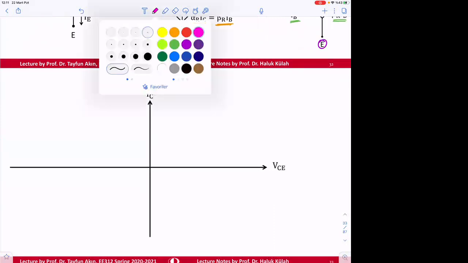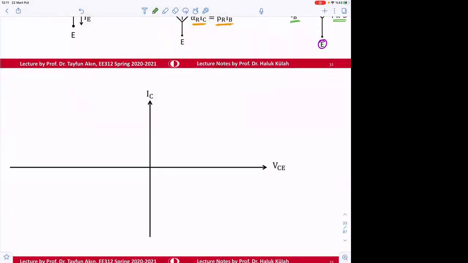Now, if you look at the actual operation, we said that there are going to be maybe this, this will be the operation. So the current is going to be like this, and then there's going to be like this. Maybe I'll draw one more. And then in this operation region,